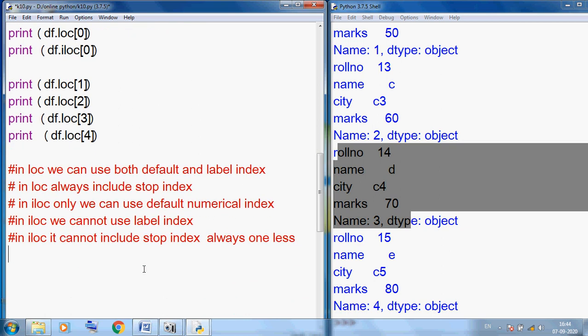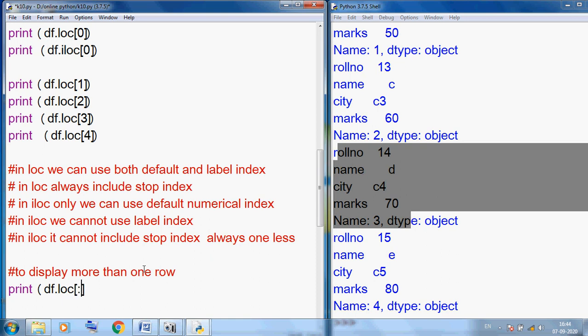Now we can use this to display more than one row. So this concept is useful to display more than one row. We can use a simple print df.loc, but here I am using a colon.